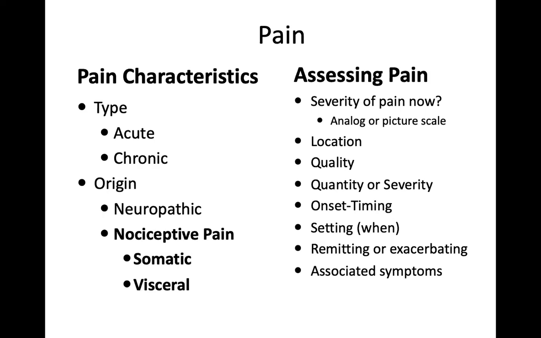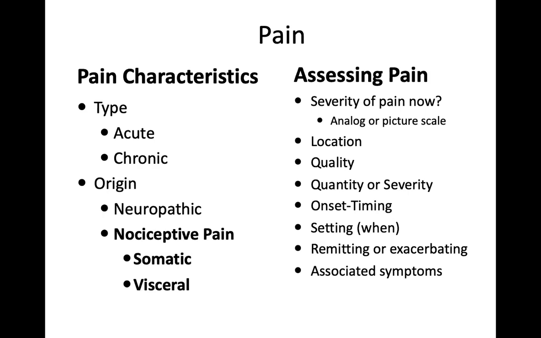Okay. So let's go over to the other side of the slide then and say, what about assessing pain? What's the severity of the pain now? And usually I use an analog scale. I don't use pictures unless I have somebody who doesn't understand. I don't do many children, but if I have somebody who is cognitively impaired, like some Down syndrome patients or others with some cognitive impairment, maybe some dementia, I'll use pictures with them. But mostly for adults, I use analog, you know, 0 to 10: give me the severity of your pain now. Where is it, the location, what's the quality of it?